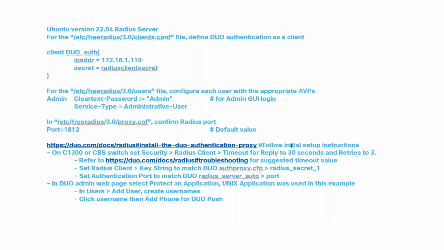Below, you'll find the setup instructions for installing the Duo Authentication Proxy. It states that, on the switch, it's important to adjust the timeout for the RADIUS client to 30 seconds and the number of retries to 3. This ensures sufficient time for the Duo push to reach the user's phone and for access to be authorized. You should note that the RADIUS client key string will not match that of the RADIUS server itself. Instead, it will correspond with the authproxy.cfg file used by the Duo proxy. On the switch, the authentication port will match the auto port of the Duo RADIUS server, which in this case